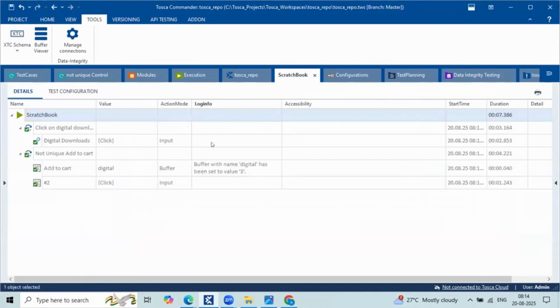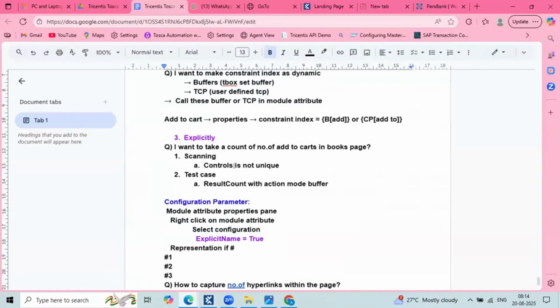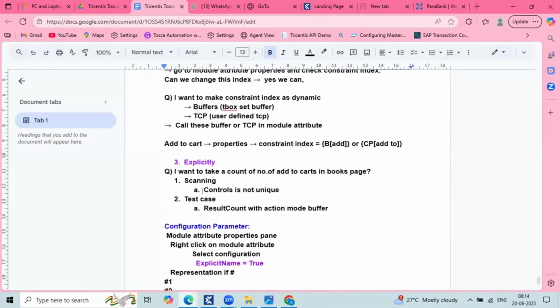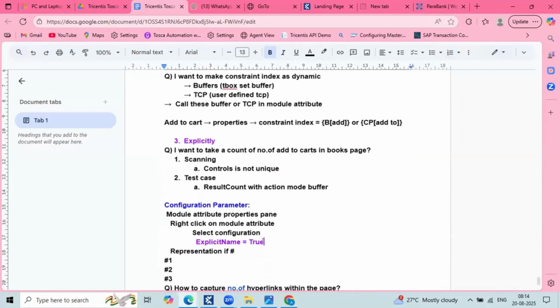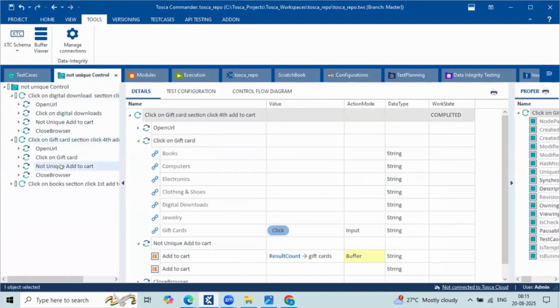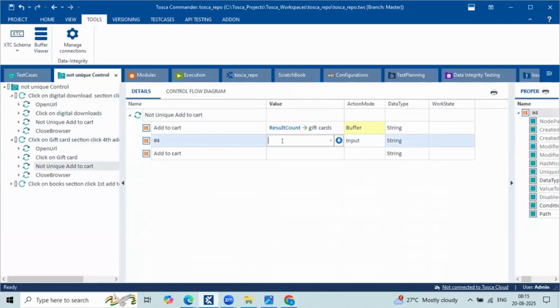So everyone clear? Yes, Anusha. So there are two approaches to the same logic. We achieved the same thing yesterday via the identify by index mechanism. Today I'm explaining another possibility, adding the explicit name parameter manually to achieve the logic. Here I hit the click operation on the second occurrence. If you go to the second test case, it is stating fourth add to cart. Just mention here itself only fourth add to cart and then open flower brackets, click.